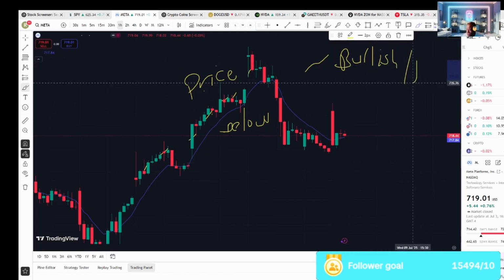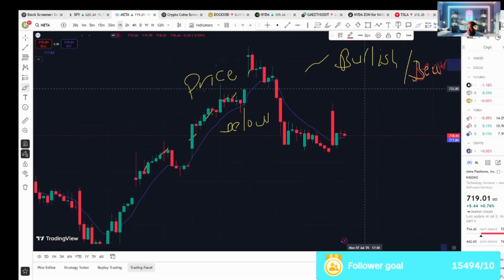versus bearish. Let's just call it bear. Those are the two things the stock is doing. It's doing bullish